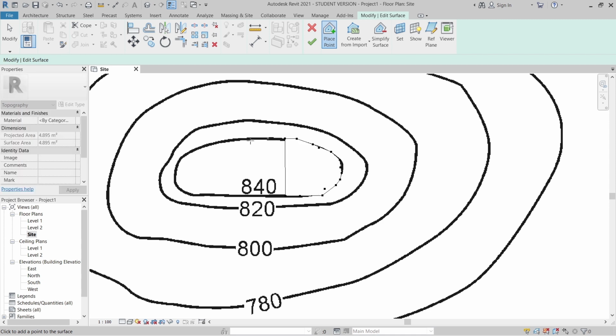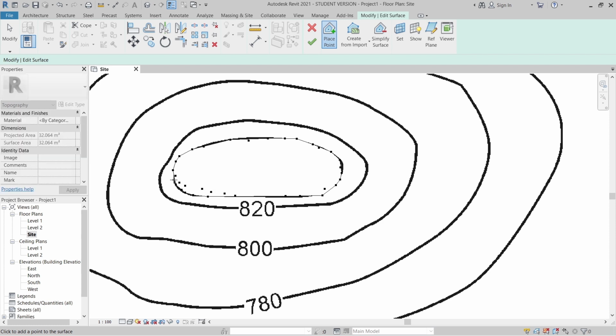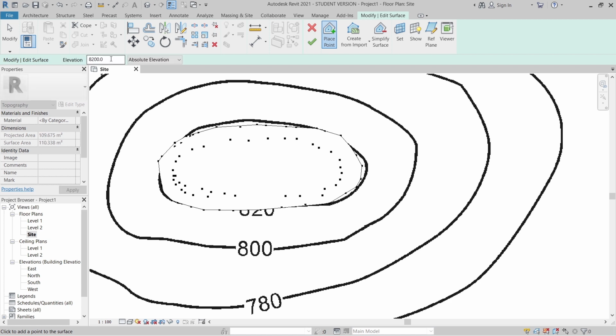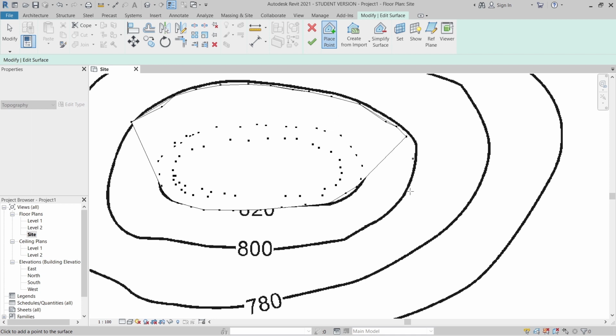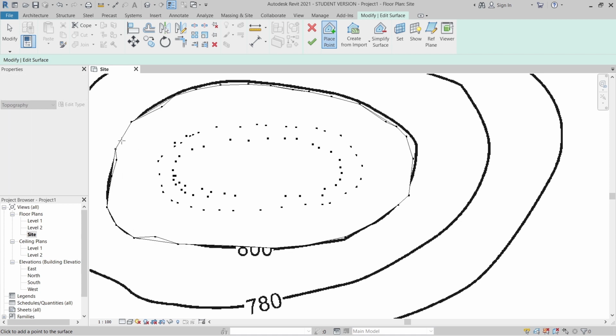The more points you place, the more smoothly it will come out like this. Then I'm going to continue, just make it 2 meters. From here I won't skip ahead to make it fast, because I want you guys to follow along with me together. As you can see here, it's quite fast. The more points you press, the more smoothly you will get your topo surface plan.